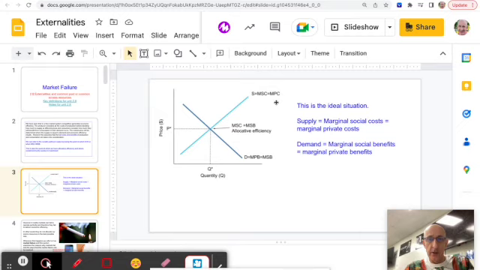Whereas with the supply curve, we have something called the marginal private cost, which is the costs that the firms have to pay to produce the product. The actual money they hand over in terms of wages, rent, raw materials, costs, etc. So the free market only takes those into consideration and ignores something that we're going to call externalities, the external costs and benefits on a third party, somebody who's impacted by the production or the consumption of these products, but there's no transaction that takes place, so no money changes hands,